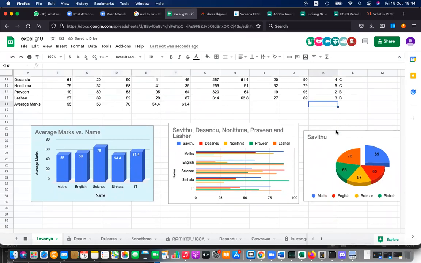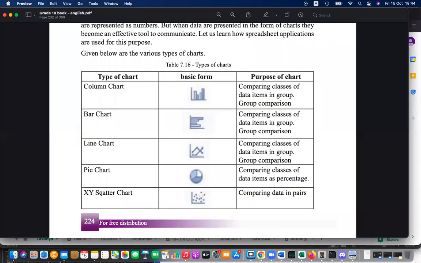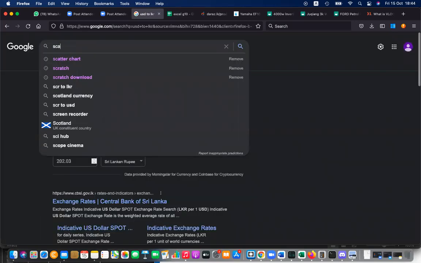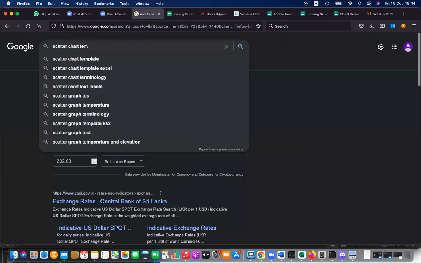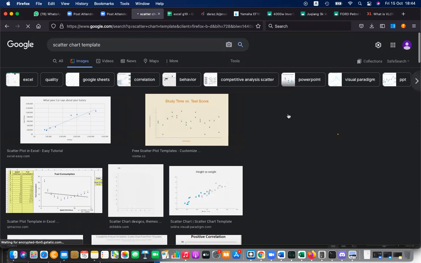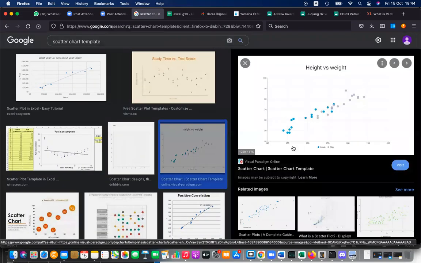Okay, the next one is the scatter chart, the XY scatter chart. This is really important when comparing and analyzing data. Okay, the temperature and COVID-19. So one thing, with a scatter chart you can look at temperature changes, maybe how each reaction happened according to temperature. Here it was height and weight. This comparison is needed when comparing data. Height and weight, so you can say there's a linear scale.